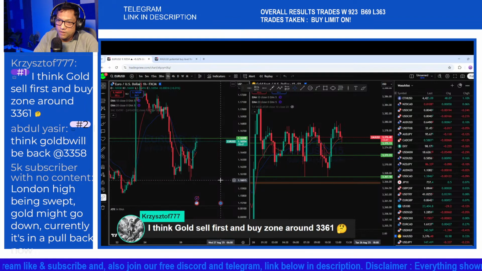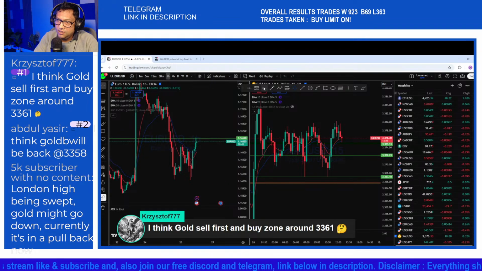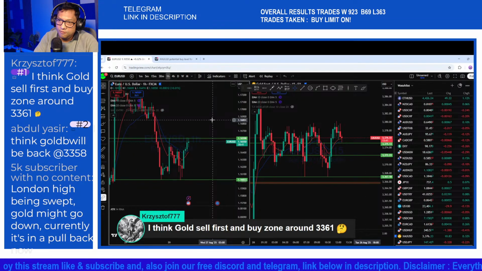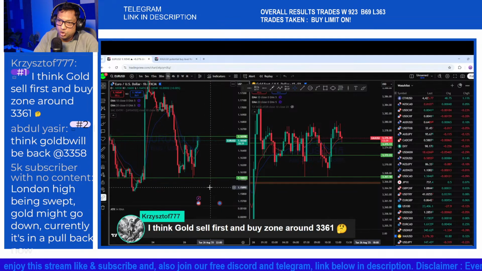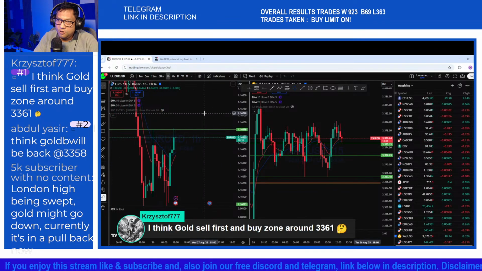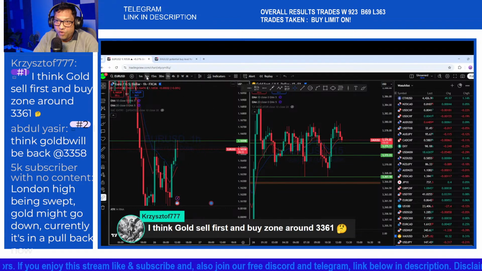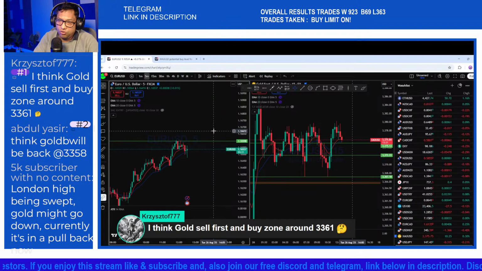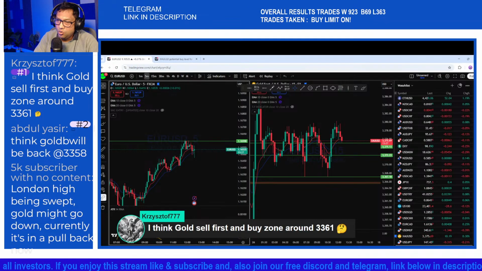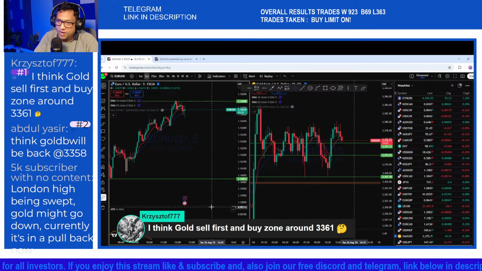Here is a support level that you can see on Euro dollar, which is a key level of support, expecting the market to trend back down here in this area. So we might be able to find a potential entry on Euro dollar if you want to look at it while you are watching the gold price action as well.